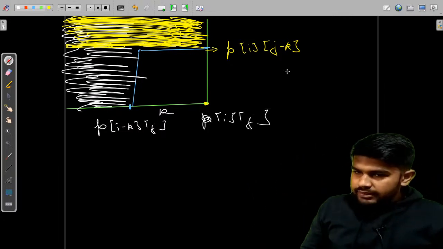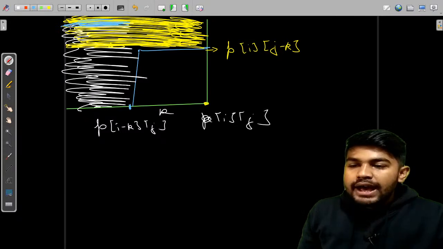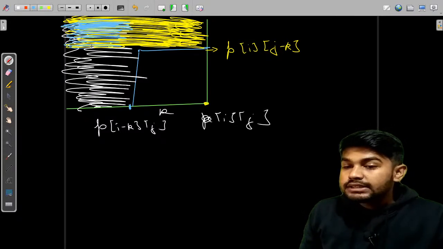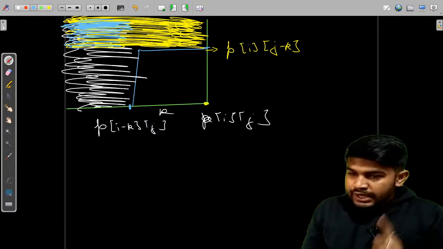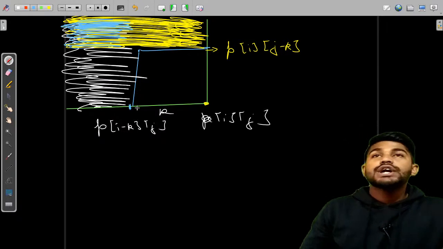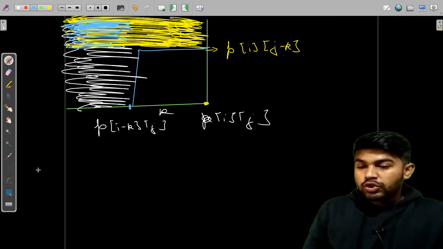Fair enough. Now we can see that this part has been shaded twice. Shaded from this side, and shaded from that side too. Now what we can do is, because we did it twice wrong but we wanted it once,